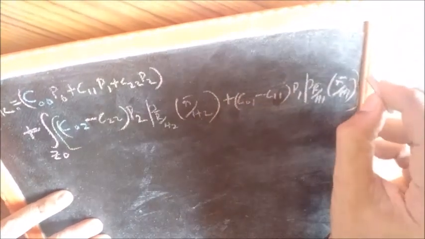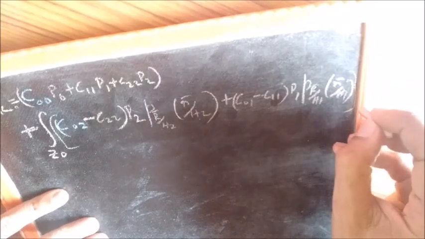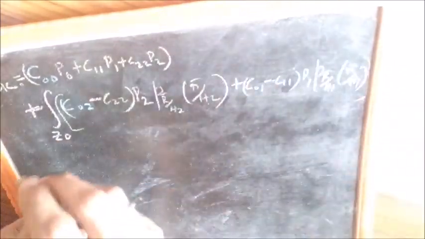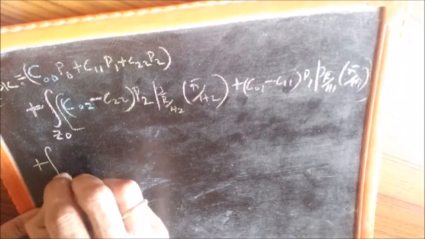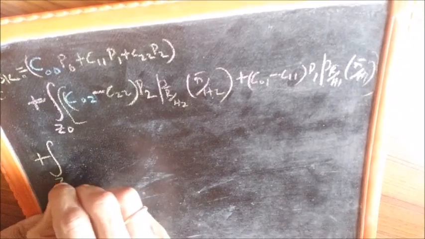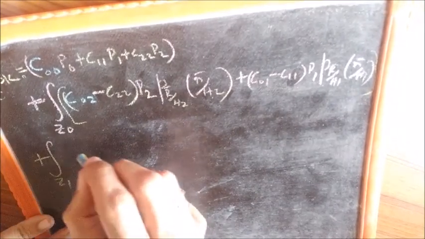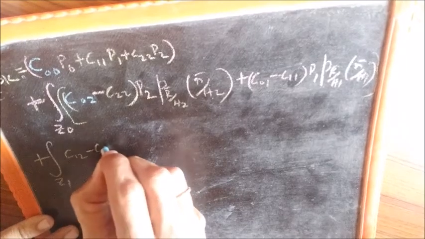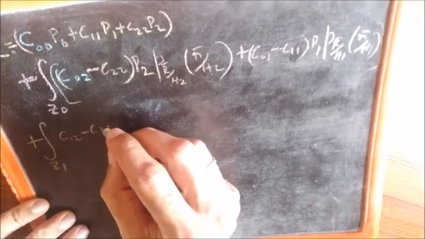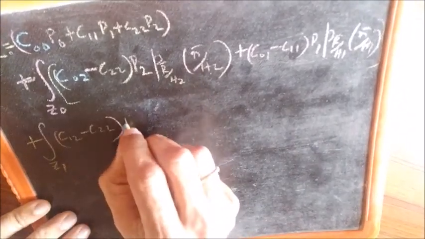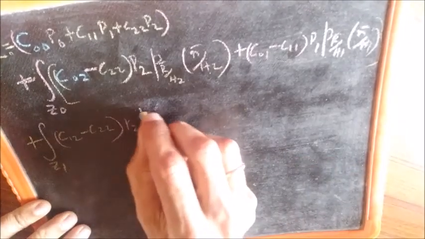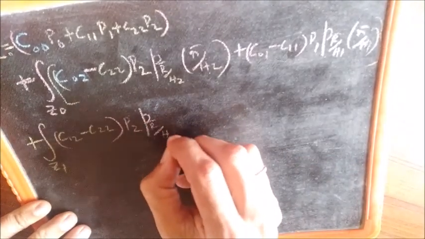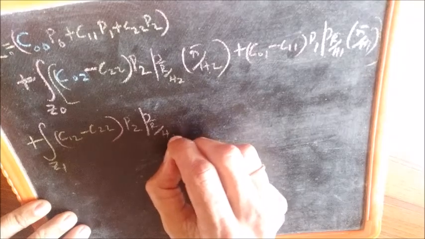Unfortunately, I don't have space, so there is a dr here. And then plus integral over z1, (C12 minus C22) P2 PR given H2